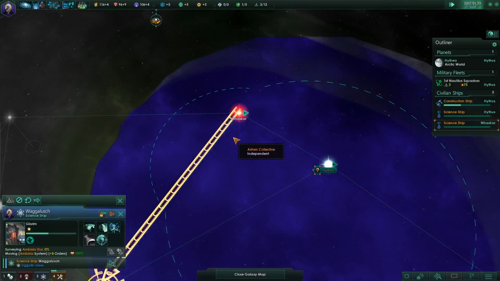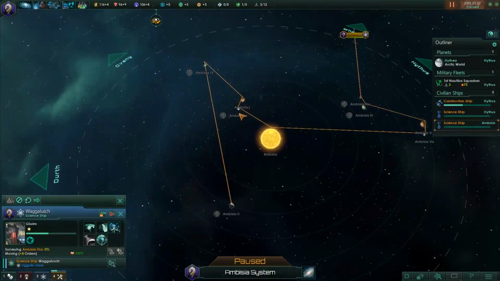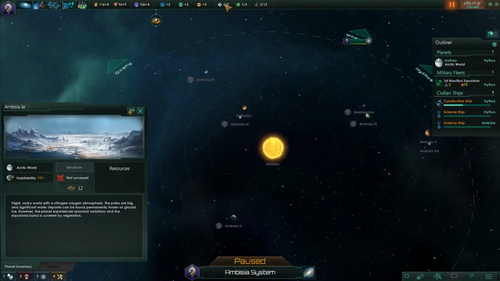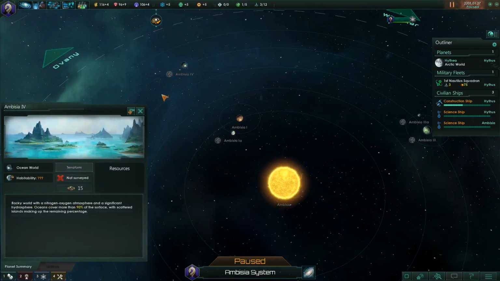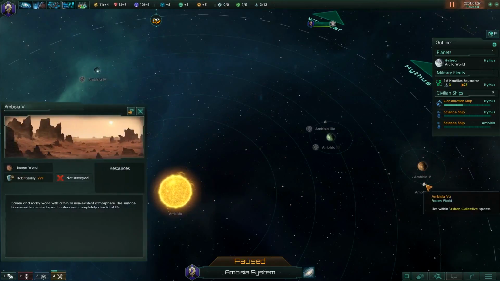Interesting. So there's the hyperlane speed. It is fast. What do we got in this system? We got a whole other set of surveys here. Do we have any planets that might work out for us pretty well? I don't know. We do have a habitable Arctic world. So that is possible. We have an ocean world. So this is one of the first places where we may be able to go to. We have a tropical world as well. Wow, this is